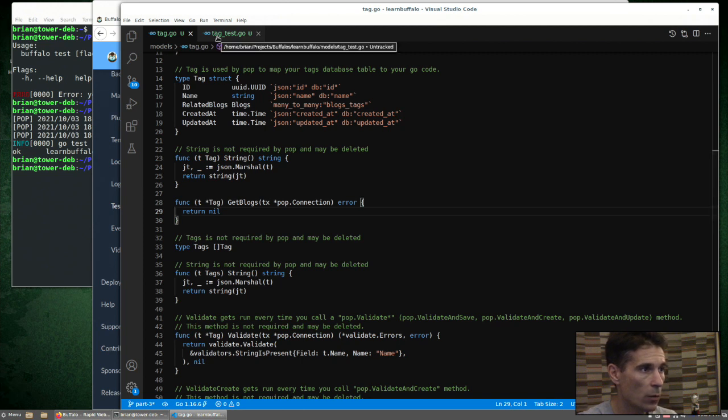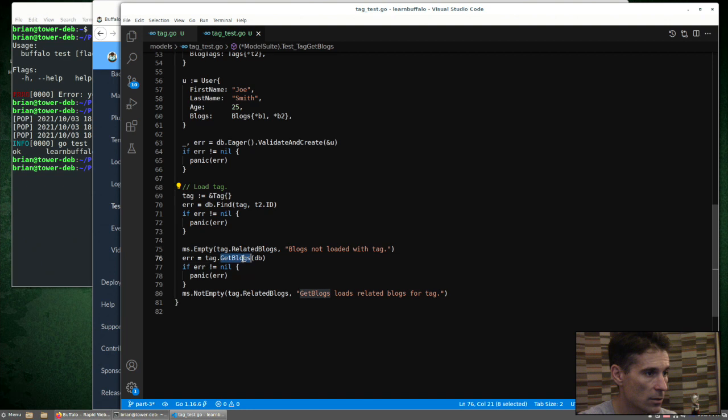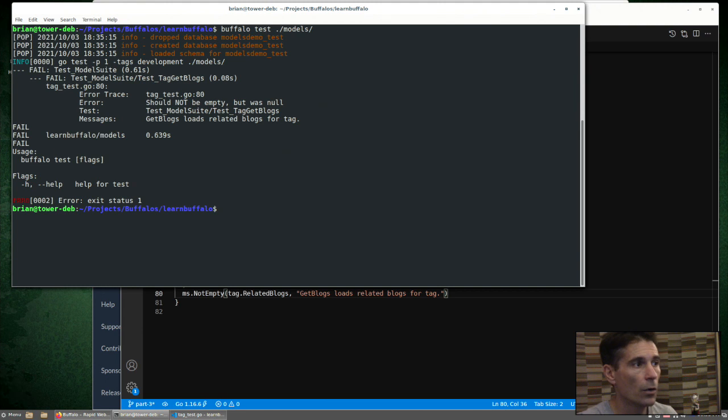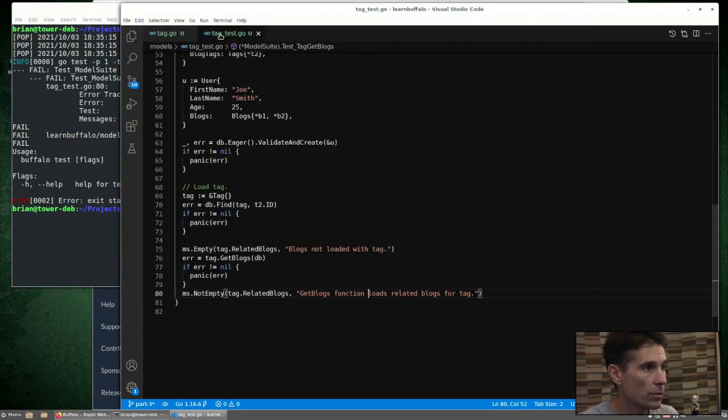So we can confirm that when we run this test here, we're going to run getBlogs, and what we would expect is that getBlogs is going to load the blogs and attach it to the related blogs property. But with this initial test we'll see that it should fail because we haven't done that function yet. Let's try it. Okay, so the error says it should not be empty, but it was empty. Okay, so now let's